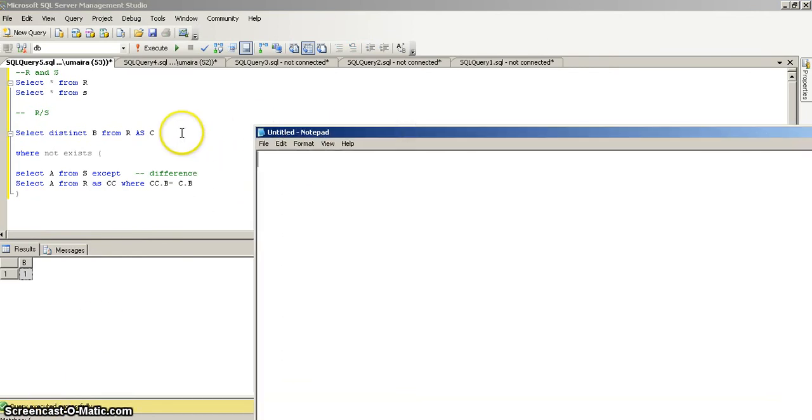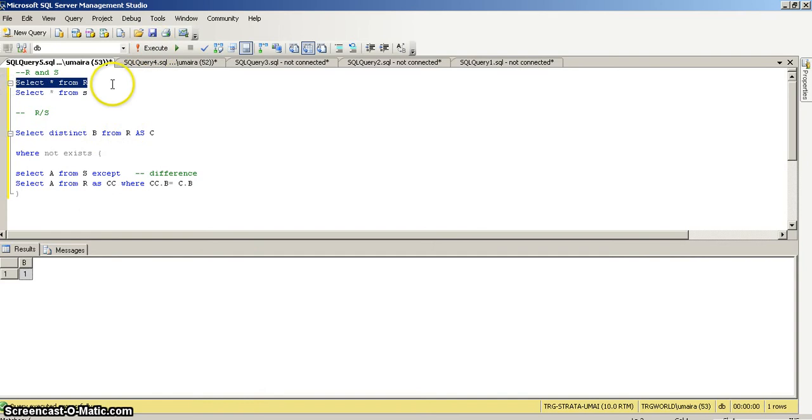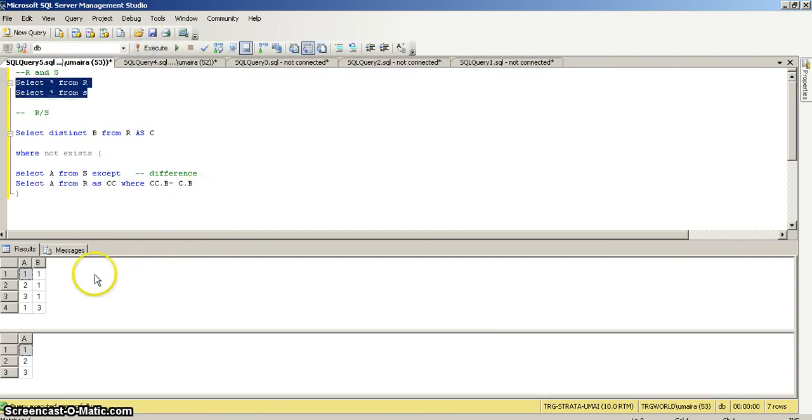Okay, so in the first run it will select B from R. Let me show you the table. This is the R table and this is the S table.